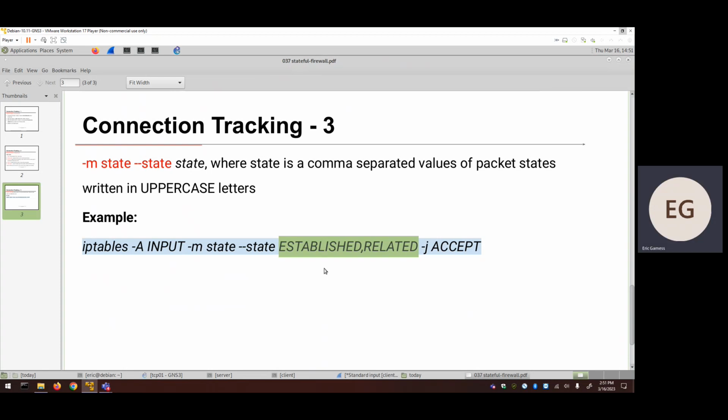So for established connection, it will accept the packets that come after the first packet. The important thing is the first packet that establishes a connection, then you have the related packets. If you accept the connection, you have related packets that come after, no? And you can, for example, accept them. If you accept the first one, you should accept them, because